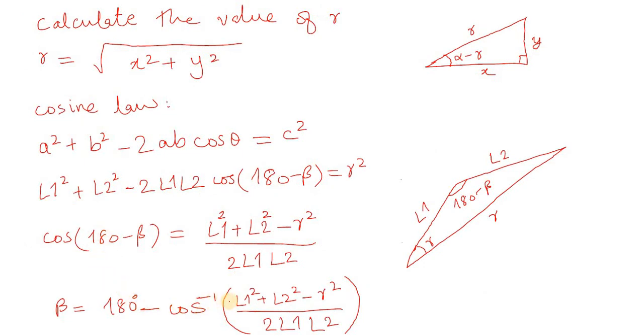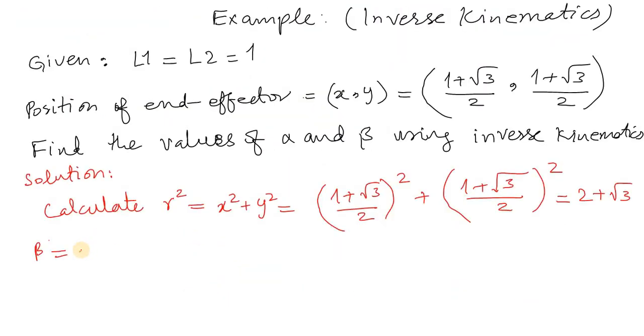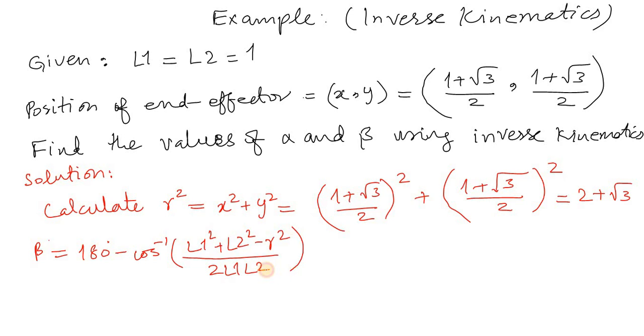180 degree minus cos inverse L1 square plus L2 square minus R square divided by 2 L1 L2. So if you put the values here, so it will be